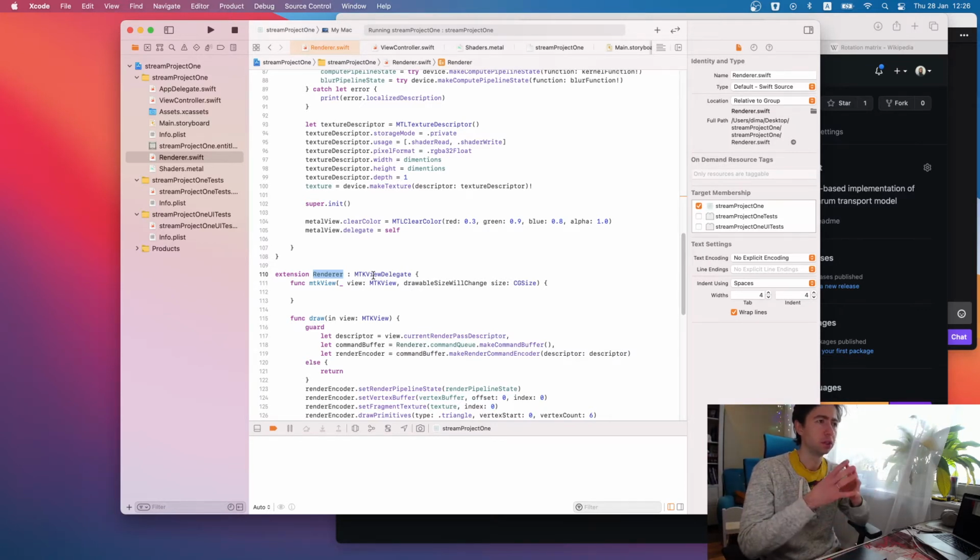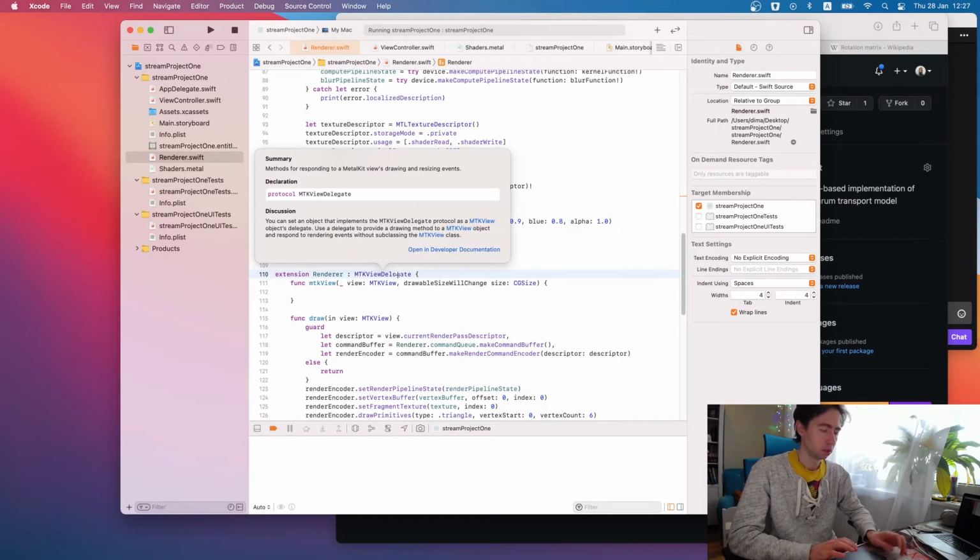interface. How is it called in Swift, protocol, I guess? Is it protocol? Any tooltips, Xcode? Option click. Methods for responding to a MetalKit view's drawing and resizing events. MTKViewDelegate.